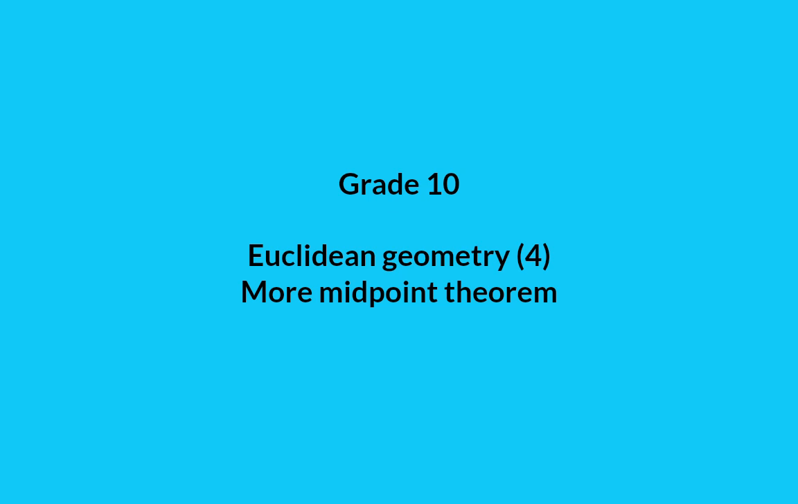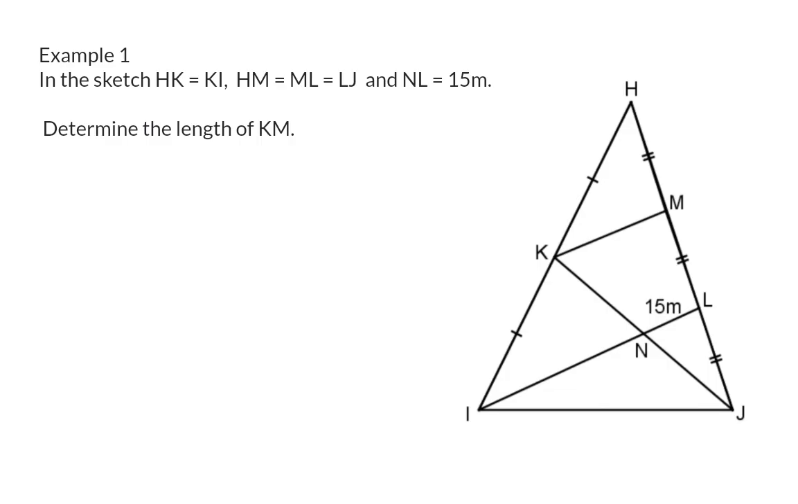In this video, we have a look at some more midpoint theorem, and this time there will be more than one triangle in each sketch where the midpoint theorem can be used. Example 1. In the sketch, HK is equal to KI and HM is equal to ML, which is also equal